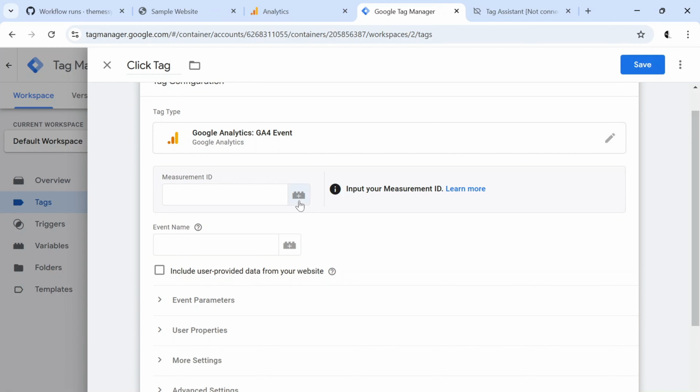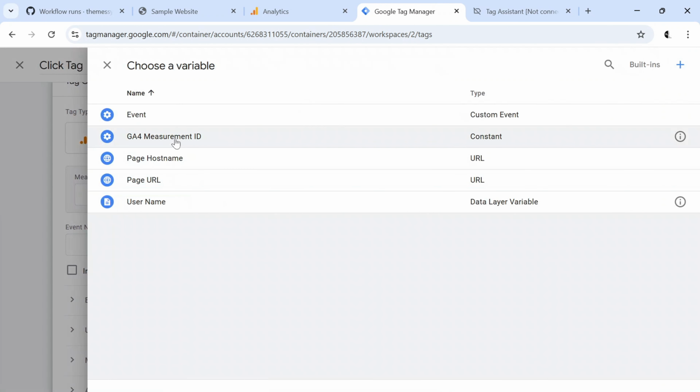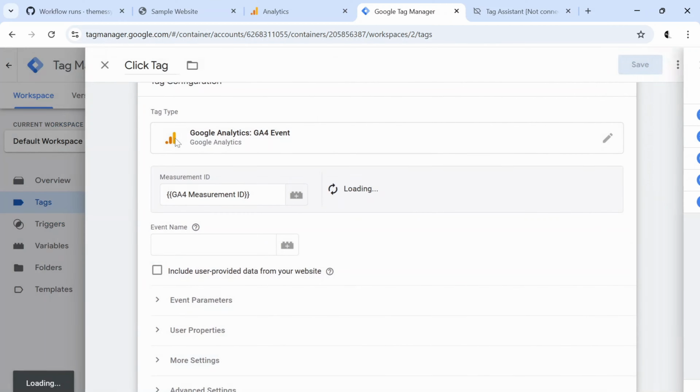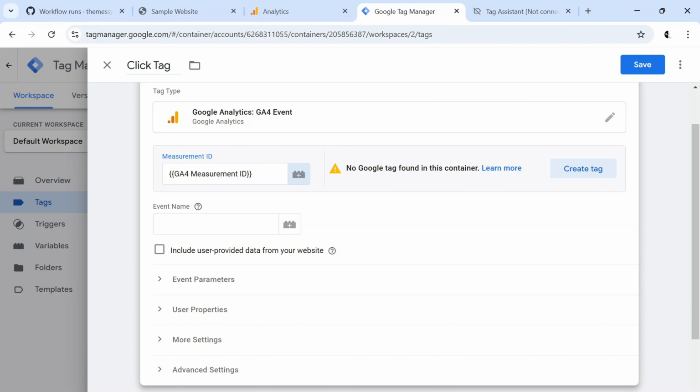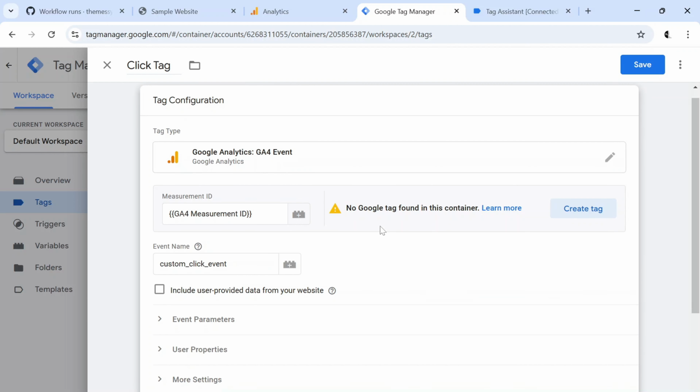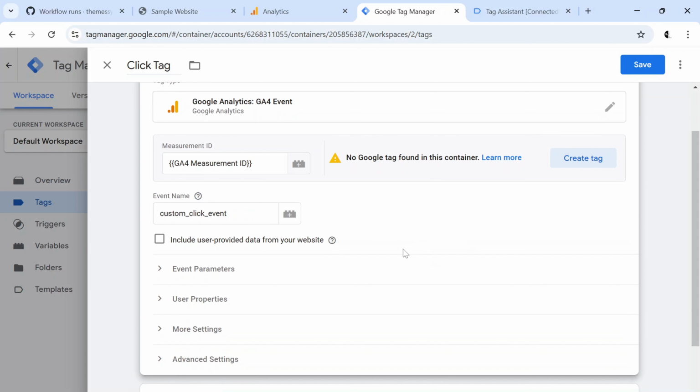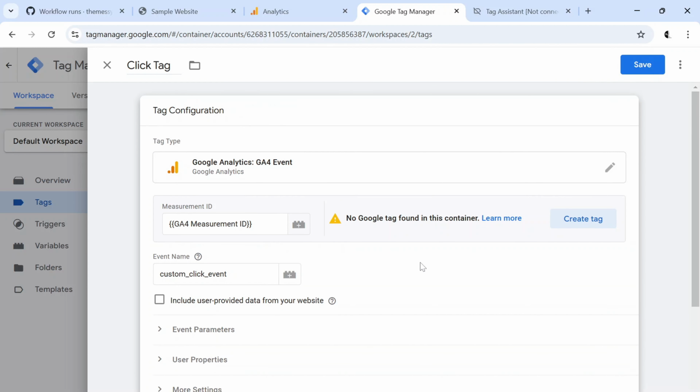Here we have to provide our measurement ID. We already have created a variable for GA4 measurement ID. So we'll click that and we will name the event name. Okay, we'll keep some different name, custom click event. Here we will be able to see one warning message, that is no Google tag found in this container. So we'll fix this issue in a while. But for now, what we needed is whenever we click something, our tags should be able to fire. So let's save